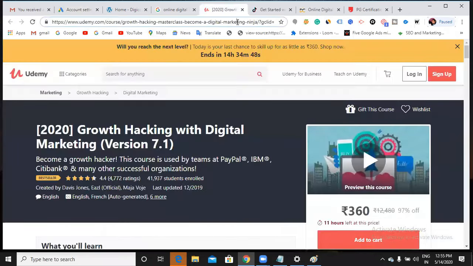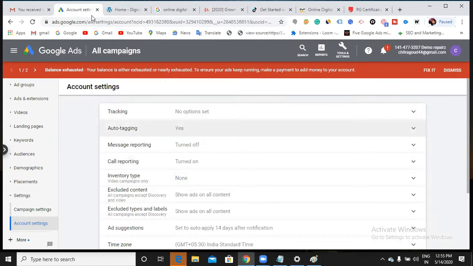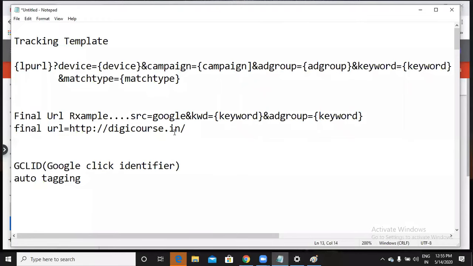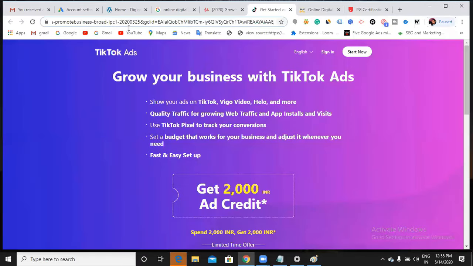So now if you create an ad also, you will have GCLID, if you enable that. If you enable that only, you can see all the data of the clicks. If not, no. If you want to use the tracking template also, you can use it. If you want to use both, you can use it, no problem. This is what the tracking template in Google Ads means, and its use. You can use the tracking template and GCLID according to your requirement.